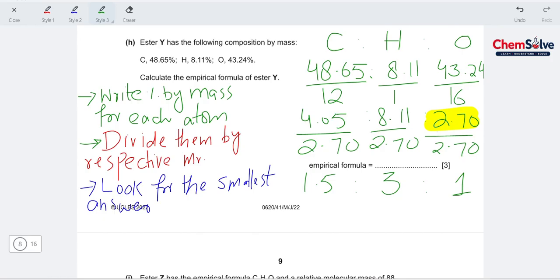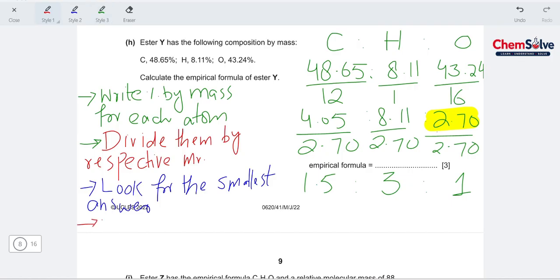Okay, if we get the whole number ratio here, our question will end here. But if we don't get the whole number ratio, then we have to multiply them